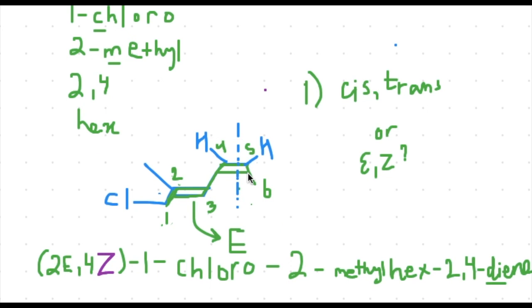Although the carbons on our double bond are not tetrasubstituted, I still used Z instead of cis because the left side of our shape is more complex. I've seen cis and trans used more often when the shape is more symmetrical, like the simpler examples we did earlier. So now that we've covered how to name alkenes using cis, trans, E, and Z,